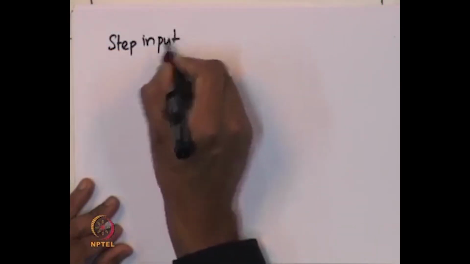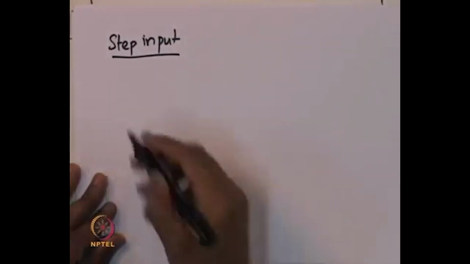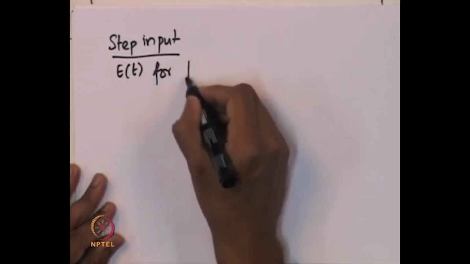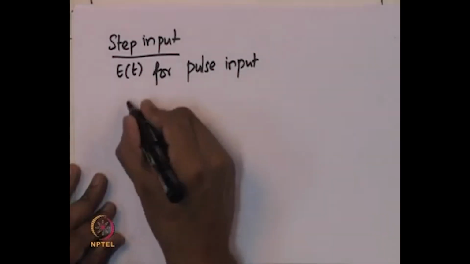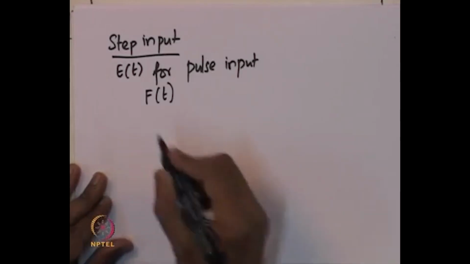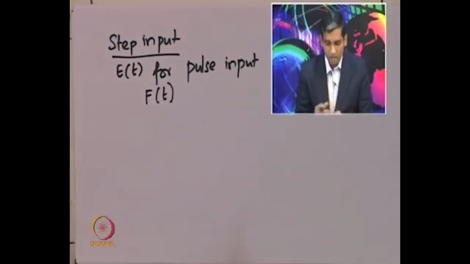So next, let us look at the step input case. In the case of pulse input, we found out the E curve. In a similar fashion, here we are going to define a curve called the F curve, which is the cumulative distribution function. In a step input case, suppose you take a single input, single output vessel,